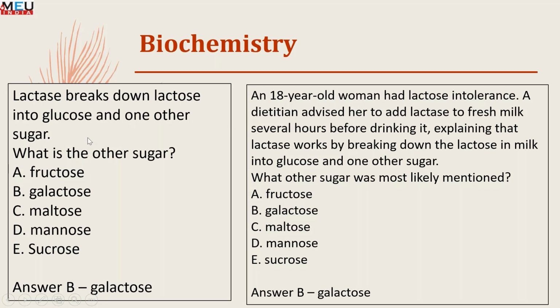Now here, you have to use your brains and be a little more creative and say, an 18-year-old woman had lactose intolerance. A dietitian advised her to add lactase to fresh milk several hours before drinking it, and then explained how lactase works. It breaks down the lactose in the milk into glucose and another sugar. What is the other sugar? Okay, so you have to be a little innovative, use your creativity here,